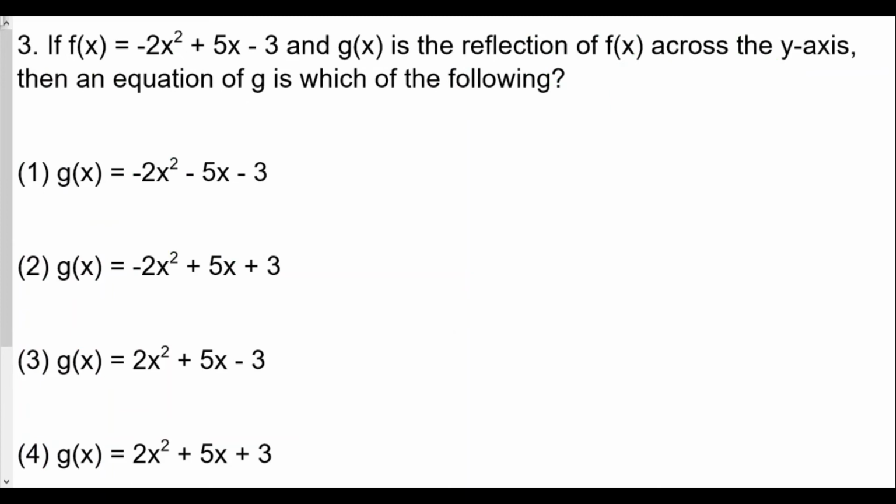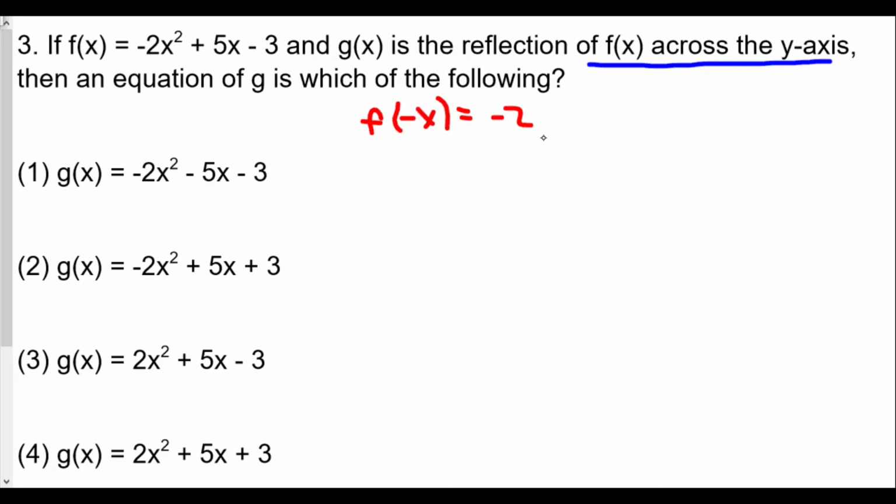Number 3. If f of x equals negative 2x squared plus 5x minus 3, and g of x is a reflection of f of x across the y-axis, then the equation of g is which of the following? Well, we talk about how the reflection of f of x across the y-axis is replacing all the x's with negative x, and then simplifying. So now what we're going to do is f of negative x